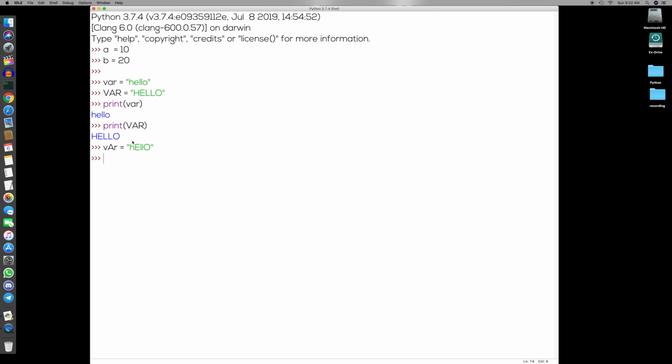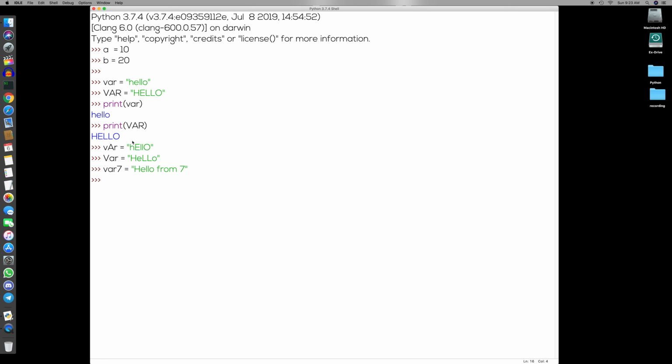We can also use numbers, like variable7, equal to, giving an example, hello from 7, something like that. We are not getting any error, so Python allows us to use these combinations.